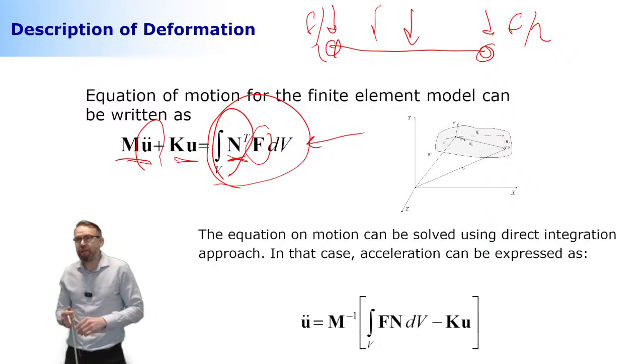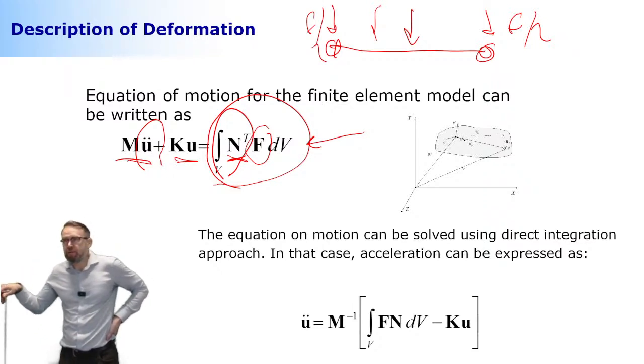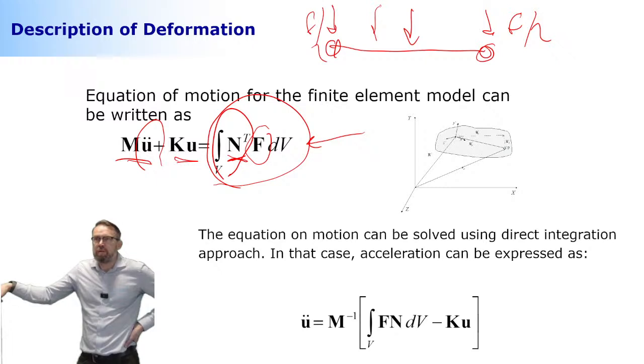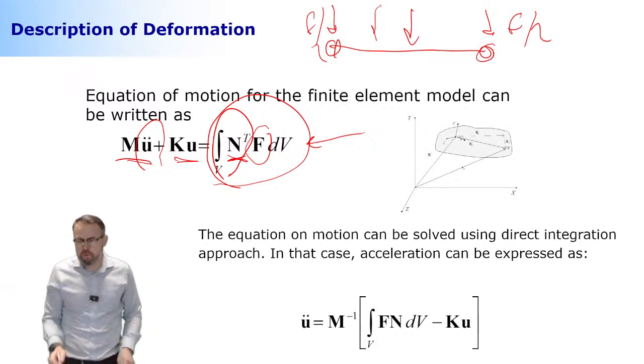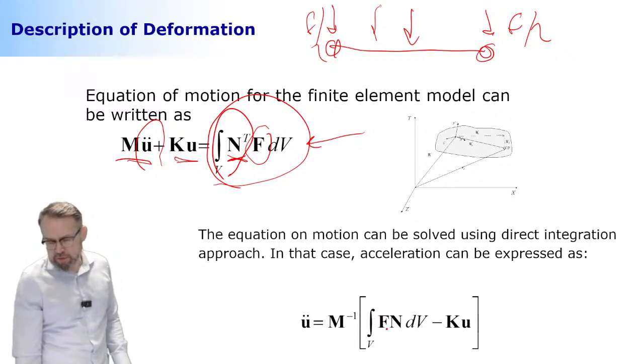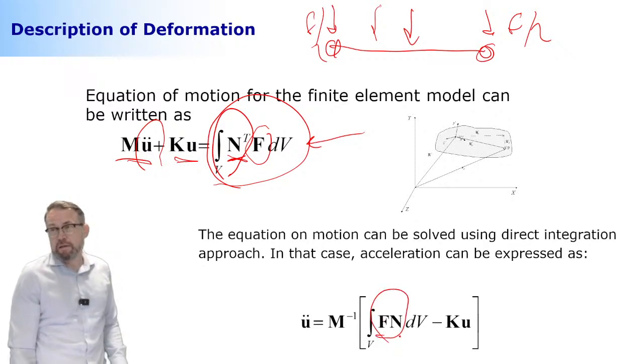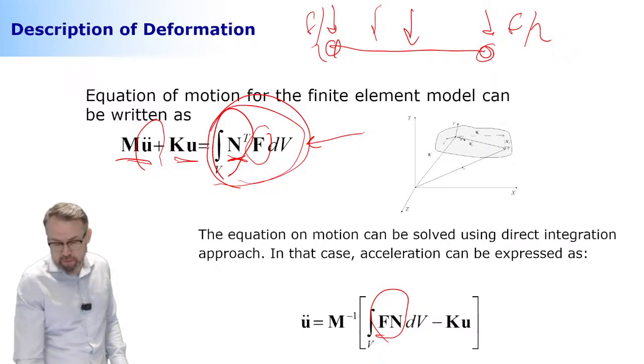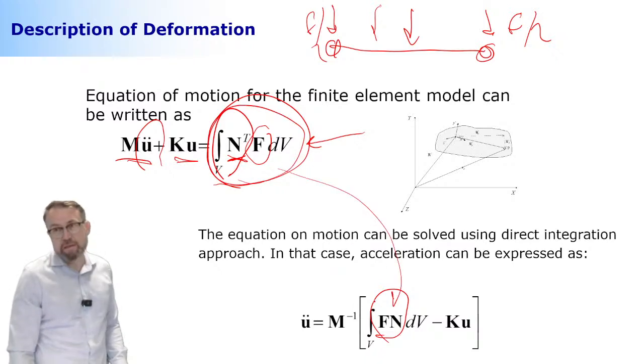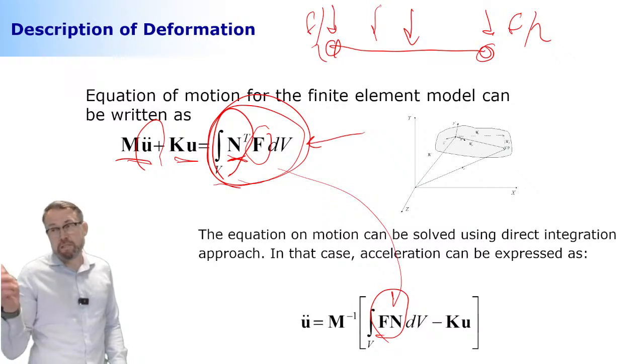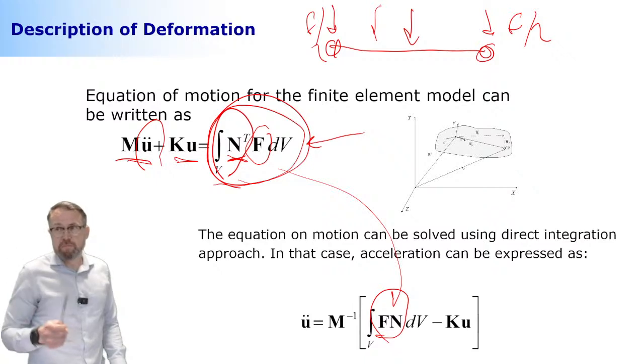Yes, sir. I'm wondering, when we get to the u double dot in the other equation, why is the N not transposed anymore? Yeah, it changed the place. Look at that. What I did here, it would be better to be consistent because this order is now changed. It would be better to express this component exactly the way it is here. This is inconsistent writing, but it's the same. Okay. Very good. Anything else?